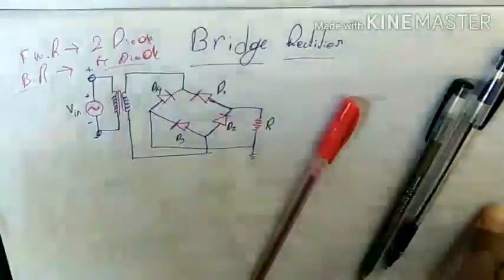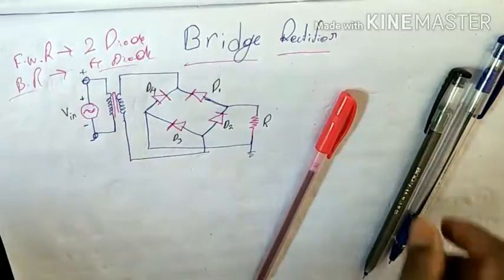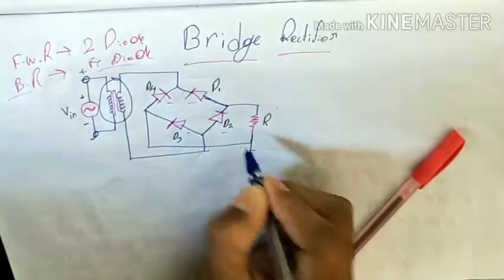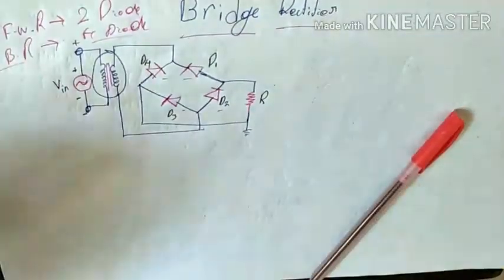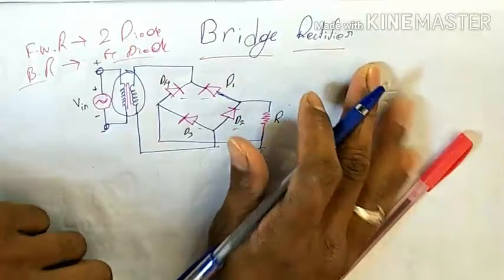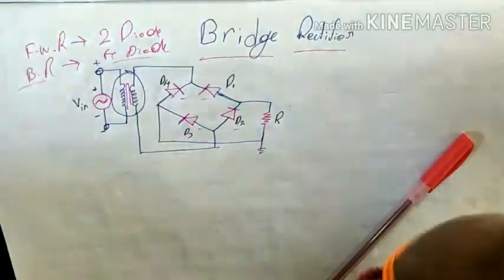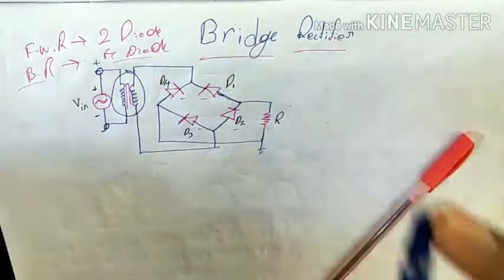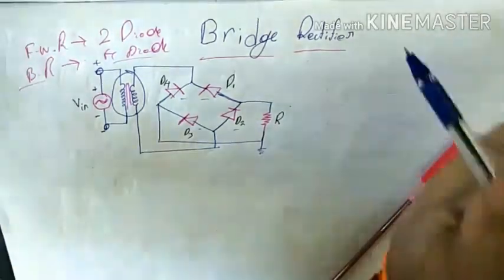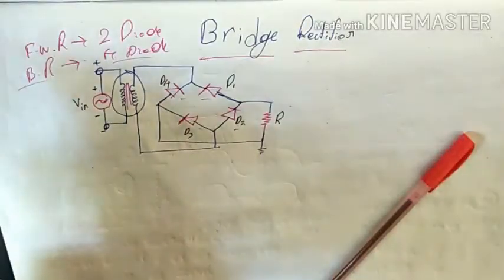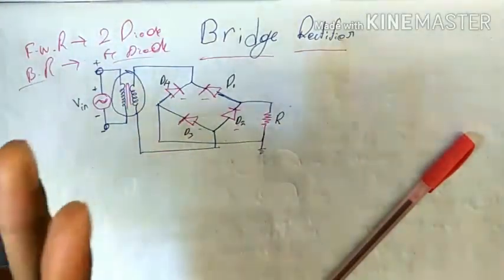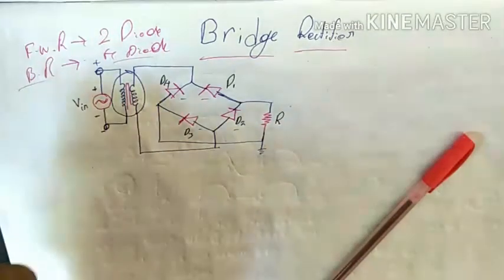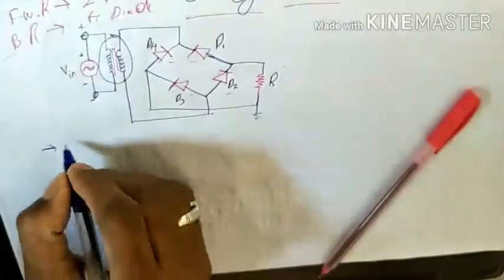Coming to the concept, the bridge rectifier. In this bridge rectifier there is only one secondary transformer and four diodes. The operation seems the same as a full wave rectifier. In a full wave rectifier there are two diodes, and the bridge rectifier has four diodes. In the full wave rectifier, in the first half cycle, diode 1 is forward biased and the other diode is reverse biased. Coming to here, for the first half cycle,